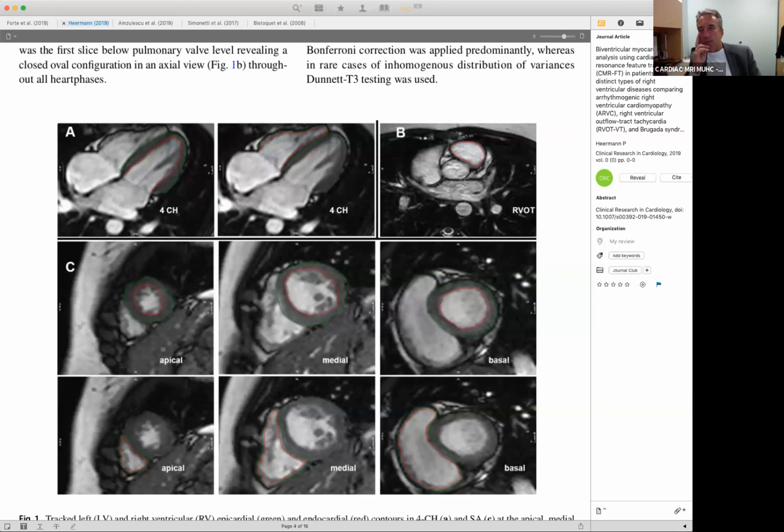There's one question: how can we reduce and improve the inter-observer variability in strain CMR? I think that's a very good question. I think really reducing the inter-observer variability is almost futile. Why? Because we're dealing with various levels of experience and understanding of what to not include in the contours. I think what we will have to do is wait for machine learning based contouring that is good enough that it can deal with all these intricacies